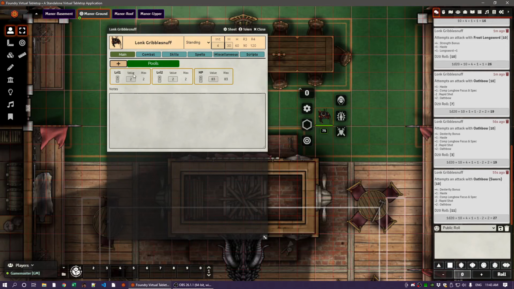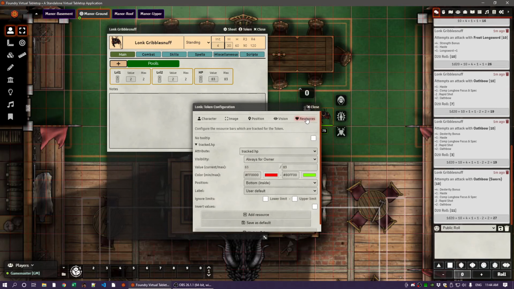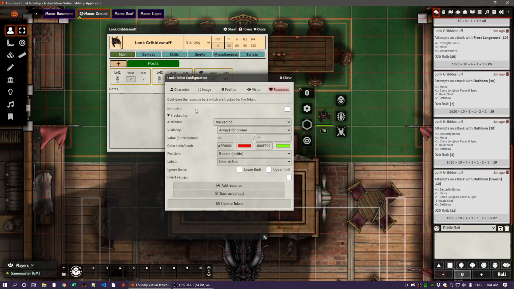And over here we have his spell pools, which make it easy enough for you to decrement or increment the number of spells per day that you have remaining after you've rested. But these aren't represented on this token yet. So what we'll do is edit the resources tab for the token, and you can see that we're using a slightly different setup. This is due to the module Bar Brawl. So you can see tracked HP,